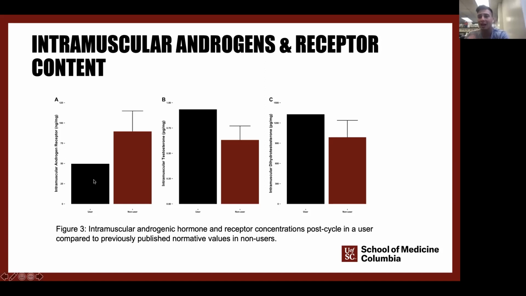This makes sense. Androgen receptors would be down. If we're saturating the muscle, the body is saying, well, I already have a bunch of androgen-like compounds, i.e. SARMs, activating this receptor. We can downregulate this to try to get it back to normal activation levels, if you will. But this data right here, intramuscular androgen concentrations being elevated above what normal people would be, is definitely an area for further exploration, because that's a very unique and never documented finding that we have.